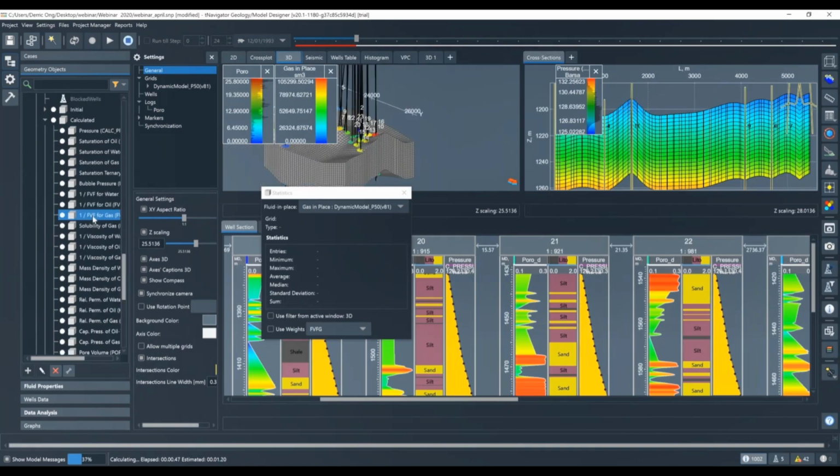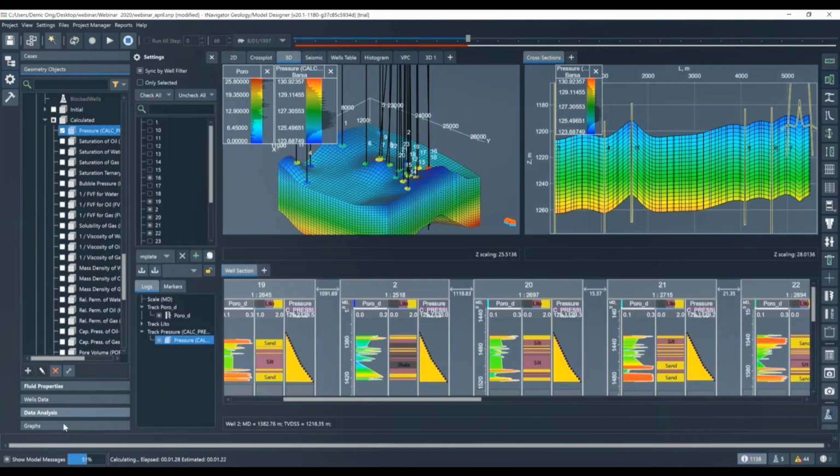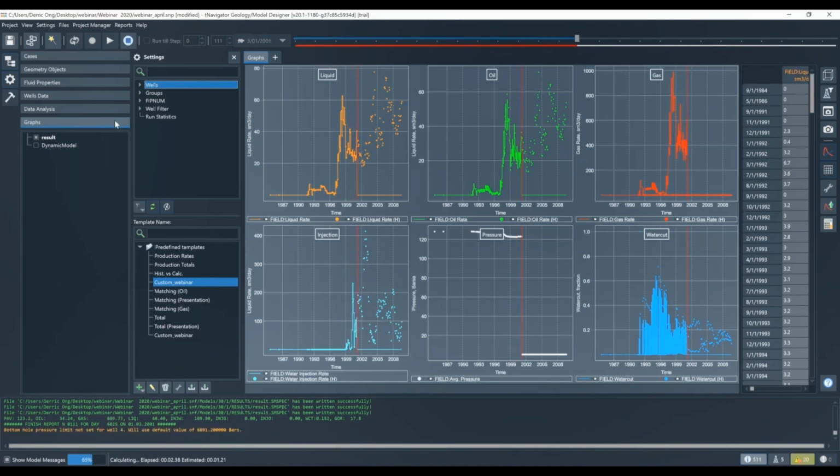Aside from the 3D display, I would like to visualize the graph as well. In the graph, as you can see, it is a real-time result. It produces the graph up to the time step it is calculated. So this is very useful personally as an RE as well. The one in the dotted line is my historical data, and my calculated is presented by the bold line,